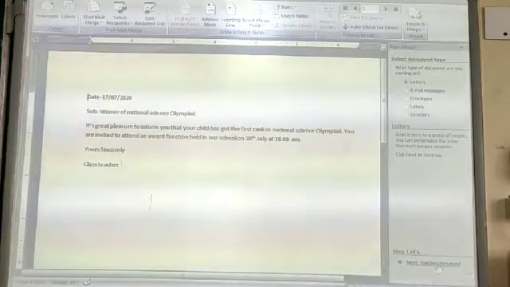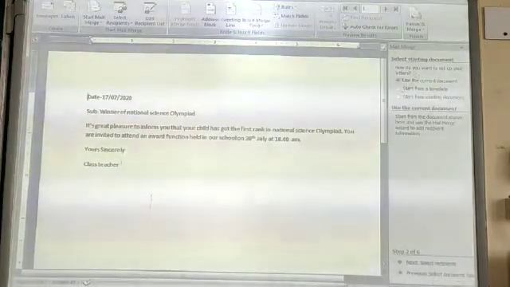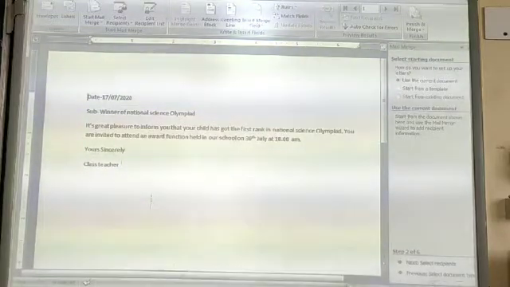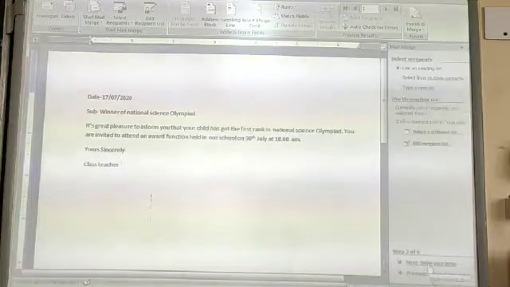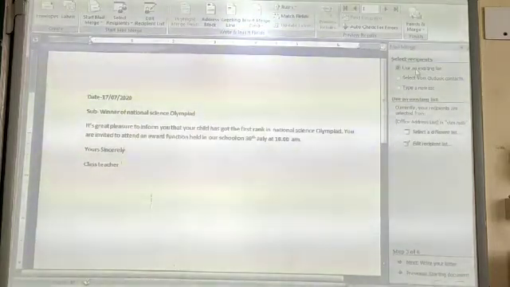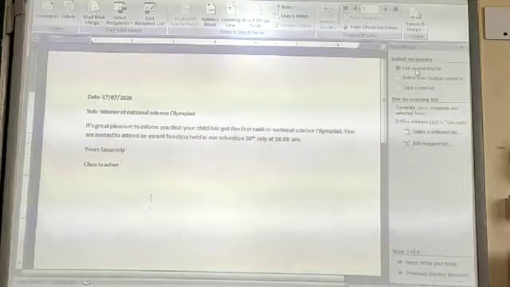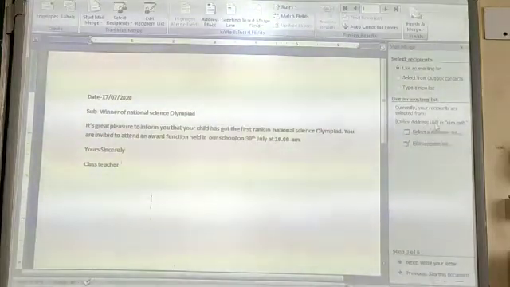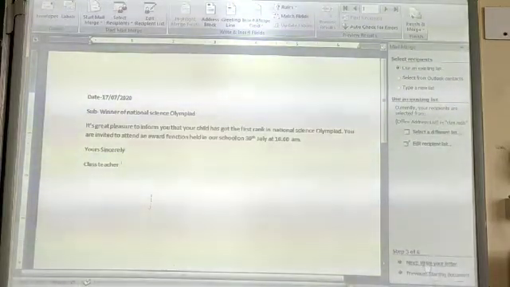Move to the second step, select starting document. So we have selected use the current document which is being opened. Okay. Move to the third step, that is select recipients. As we do not have any existing list, you can click on type a new list, or as we have already created a list, you can use an existing list.